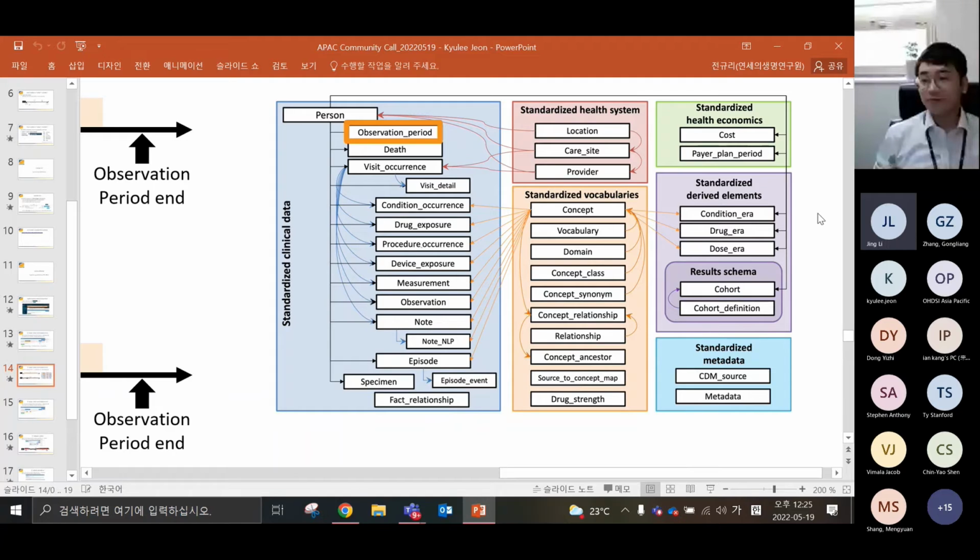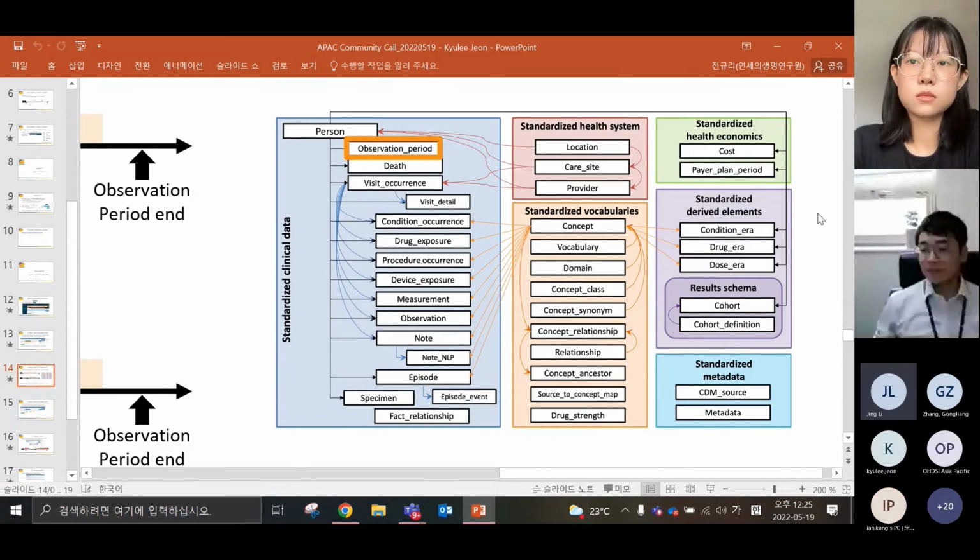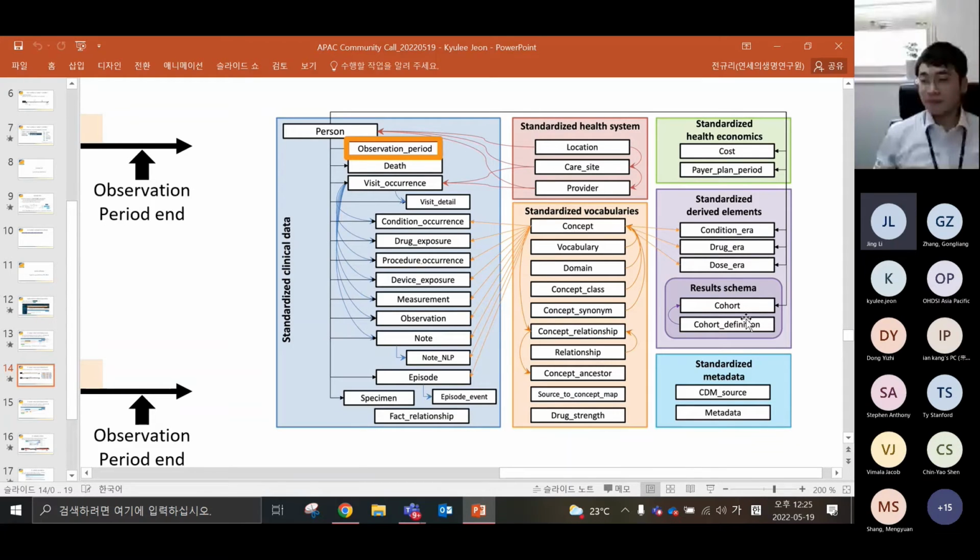Atlas is focused on the dark blue box, basically all the information in the blue box. It has something in the red box about the standardized health system, but I totally got you. I was literally running a query yesterday myself, going into the provider things, and you cannot really do that much in Atlas. It kind of has to be SQL.